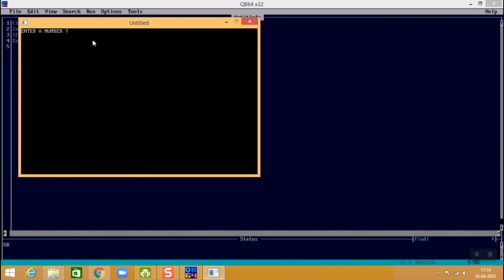It is written untitled. So I have to enter a number. What the coded program is saying is that we have to enter a number, that is input a number, and if n is bigger than 0, then print a positive number, else print a negative number. In the previous video I showed that if n is a number and n is greater than 0, then print a positive number only. I had not shown it with else print.